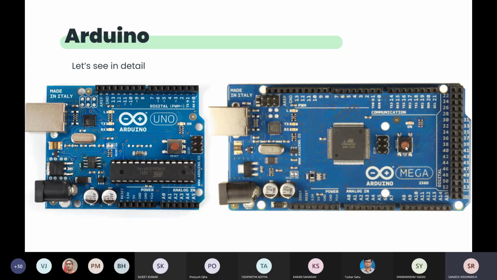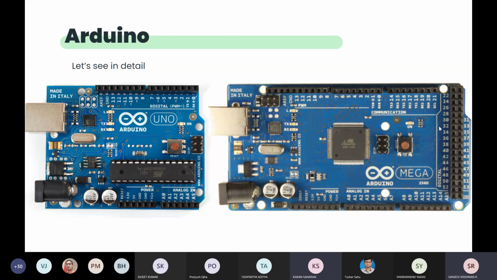Another important thing here is this reset button. When you upload your code, your setup gets executed once and your loop runs again and again until you remove the power. If you remove the power and plug it in again, you are restarting your Arduino, and your code will start from the setup. Second case, if you want to do this without plugging out and plugging in the power, you can press this reset button. Your code gets reset and starts from the setup again.